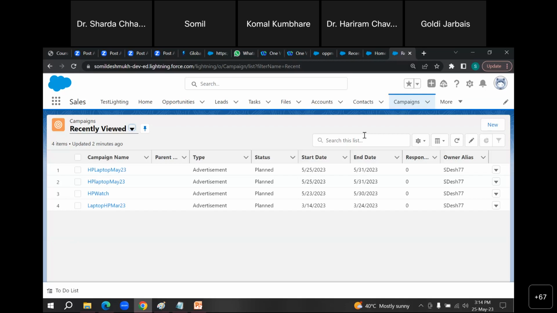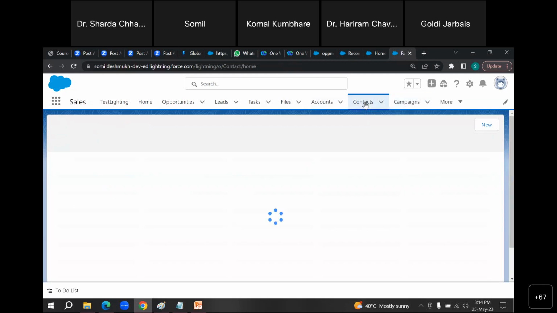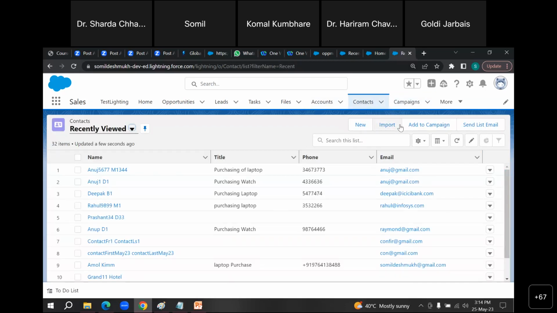Sir, we have added a contact in our campaign, right? Yes. Can you convert that contact into lead or opportunities? No, contact is different and opportunity is different. See, there can be two records, contact and opportunity. First, we have to add a contact here.